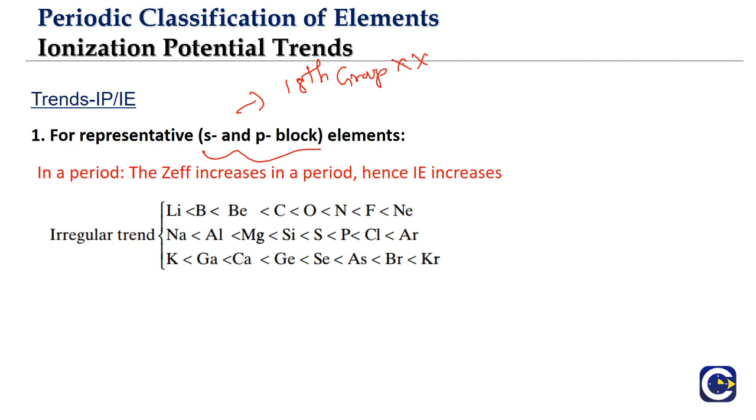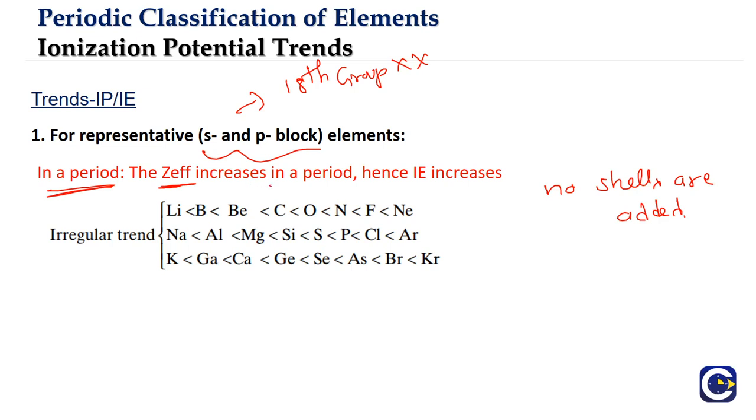Okay. So in a period, we already talked about this. It is just a reiteration of that fact. In a period, no more shells are added. And what we have discussed is that the Z effective value will be increasing. In a period, when we go from left to right, Z effective value will be what? Increasing. We discussed it already.